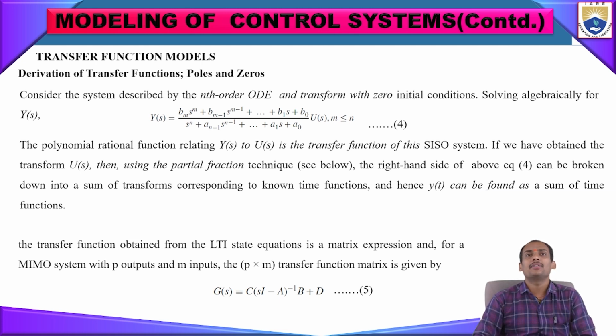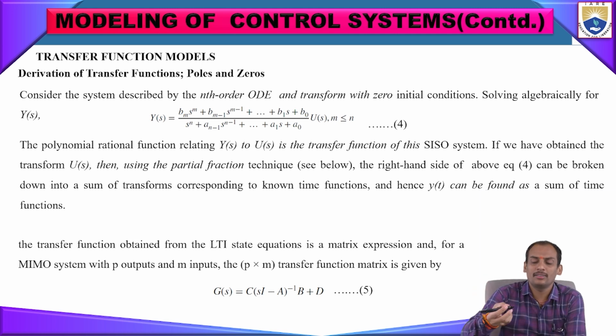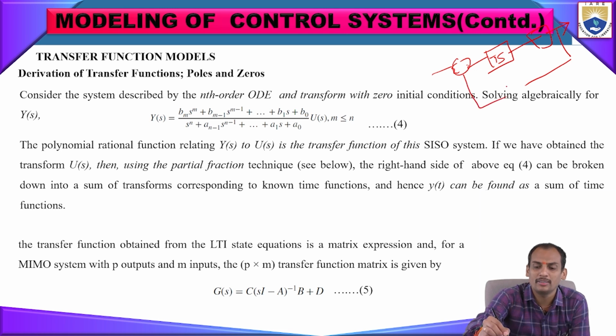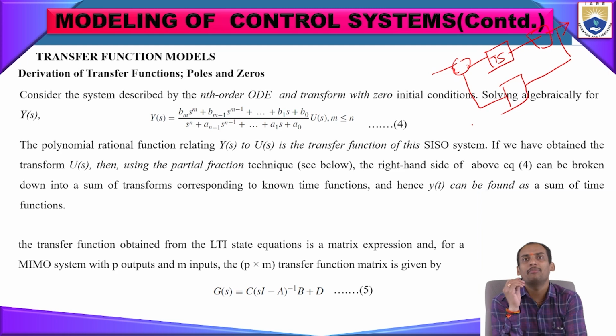Like here you see, the transfer function for the general thing, how it will look like. So one summation amplifier will be there. That summation amplifier will be connected to one transfer function that is in S, and that will be connected to that control system, and will be given to the S input. And here one feedback amplifier will be there, and the feedback also depends